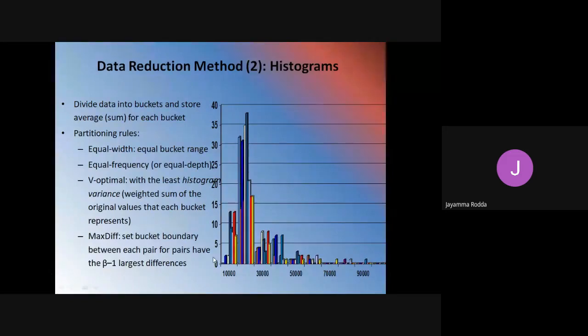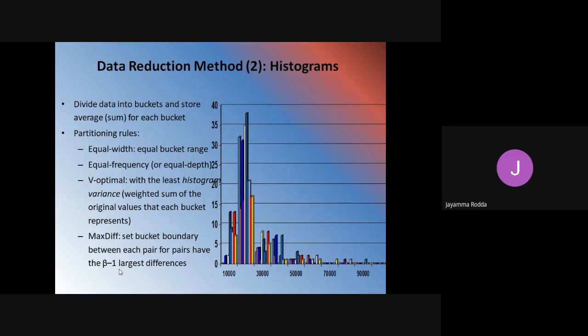So if I take these two, these two are adjacent values. So the bucket boundary is established between these two pairs. This each pair, these two, these two, these two, and these two. It should have beta minus 1 largest differences.